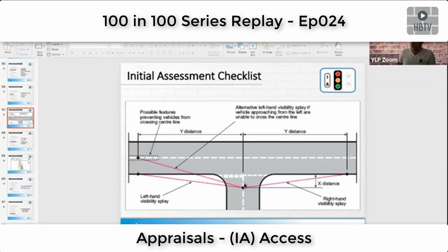Now, as you can see in the image, that visibility splay in this example crosses over a piece of land on the left and a piece of land on the right. Now, if you don't own any of that land where a visibility splay crosses over, then that could cause you quite an issue. It could be a financial payment to whoever owns it, or it certainly could derail a project if you spent a lot of money going through the process, even to the point of getting